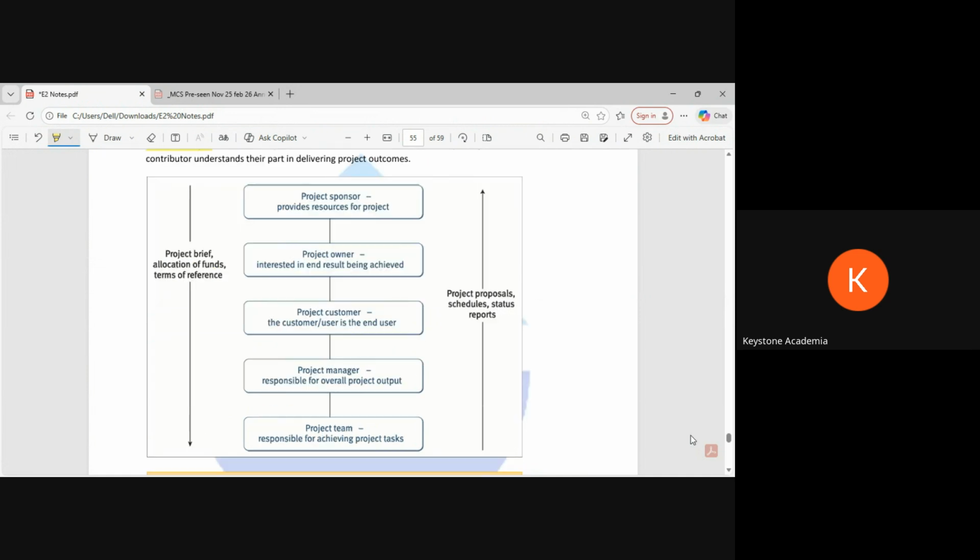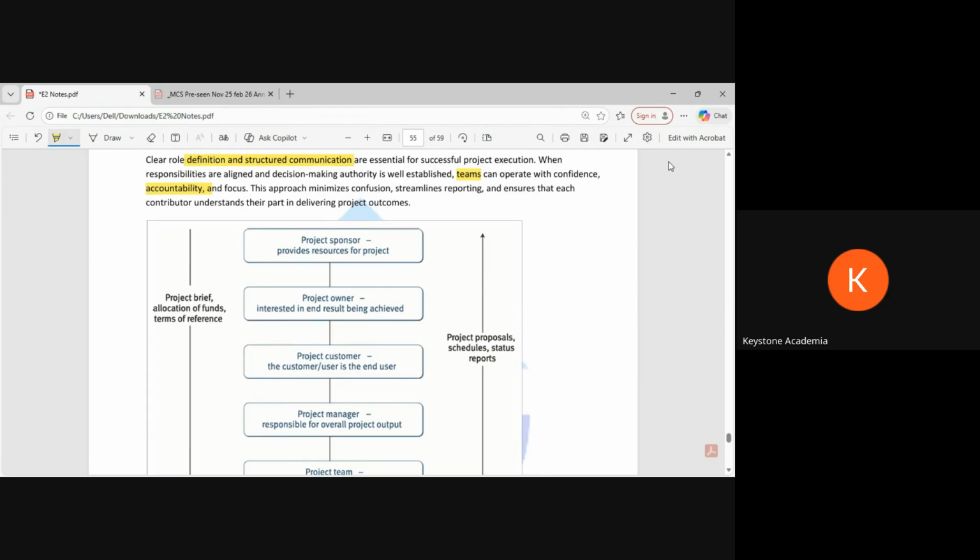So how things work? We have a project sponsor first. Now, who is the project sponsor? Sometimes it is the same person who is using that resources. Let's say the customer. Or sometimes, let's say we have taken a government project. So government is a sponsor, but the public is using that. So in both the cases, review will be different. If it is the same person sponsoring and using the product or service, it can be easier. But the other person, it might be different.